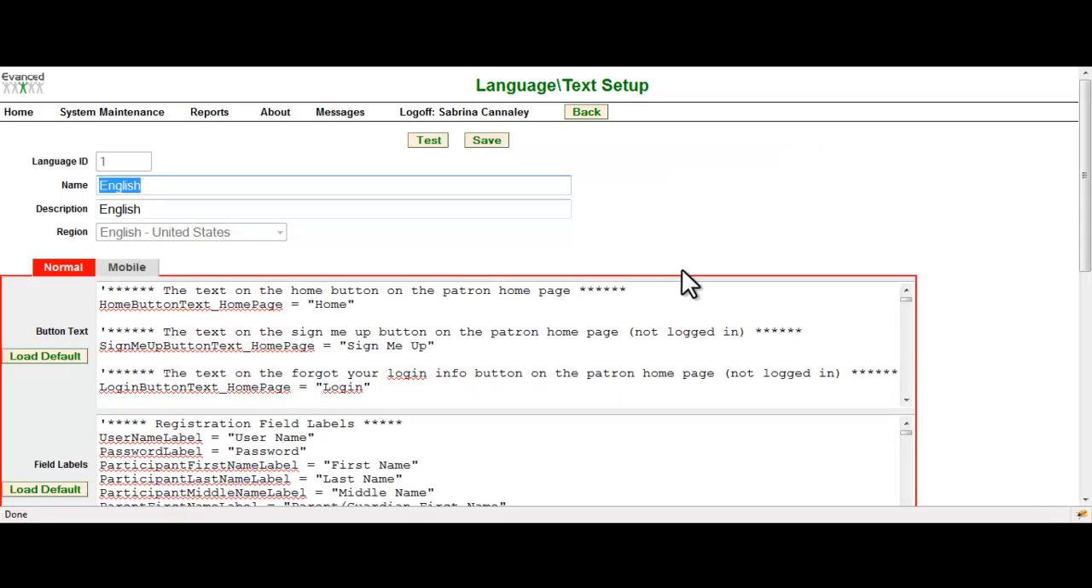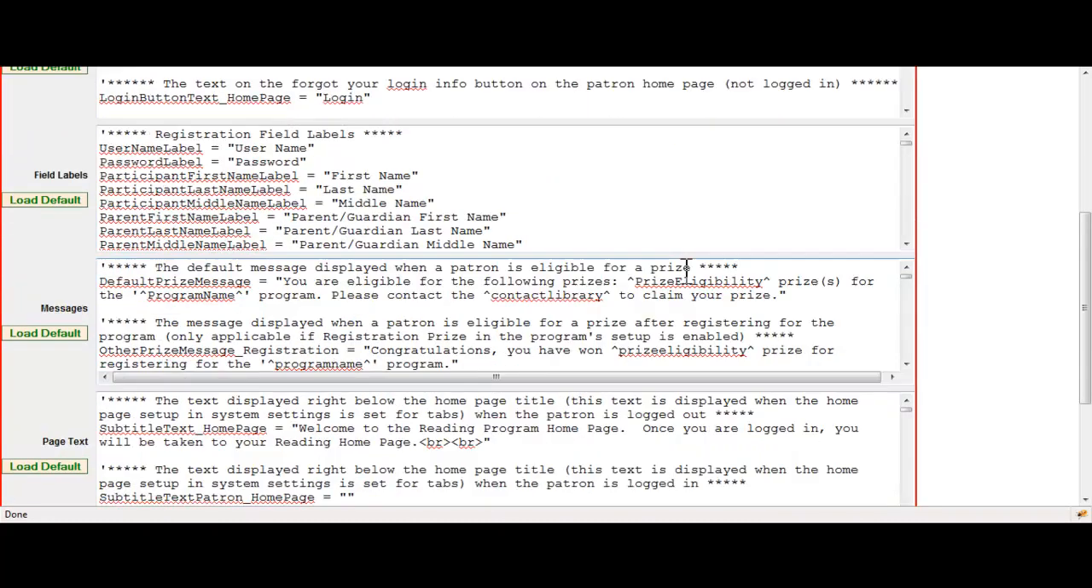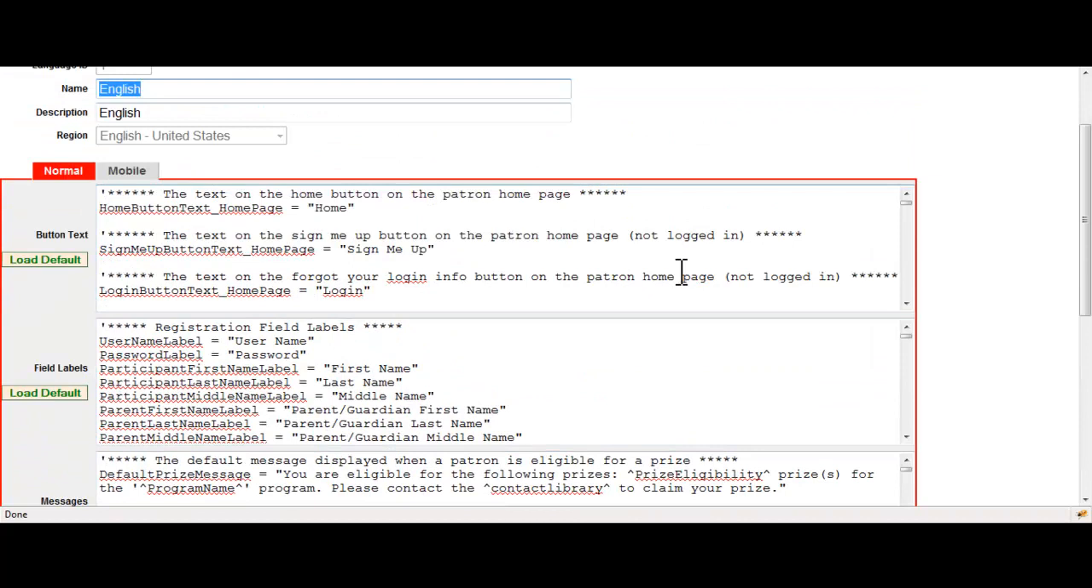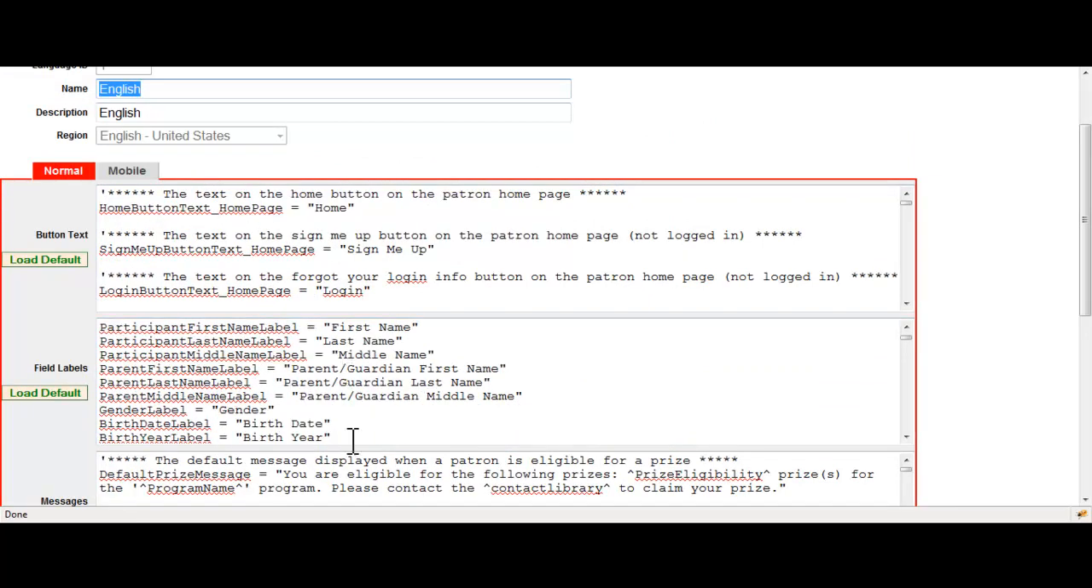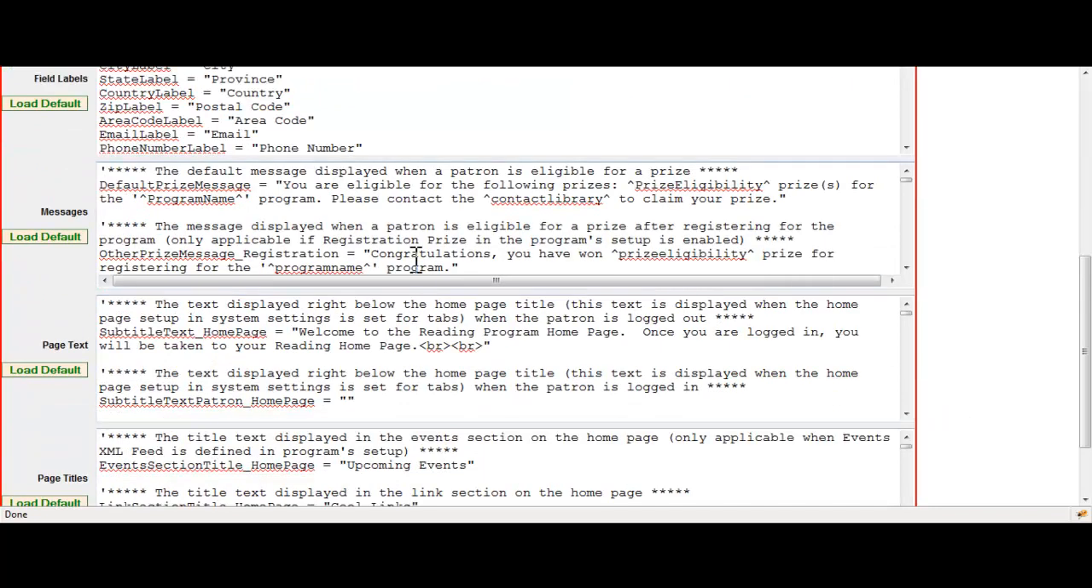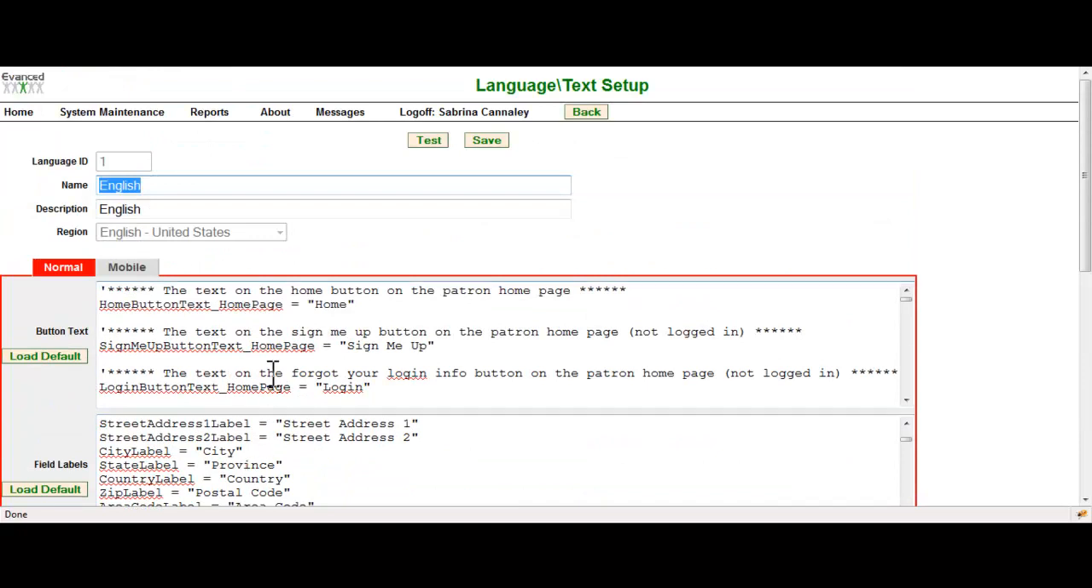Once we're within the language text setup, you will see a series of different sections set up that we can make modifications. We have the button text, field labels, messages, page text, and then also page titles. The information displayed within each one of these sections, you will see an equal sign dividing the actual field name that represents the field within the program, and then the text label represented within quotation marks of the information that you can modify. To easily make a modification, you could just take out what's within the quotation marks and change the